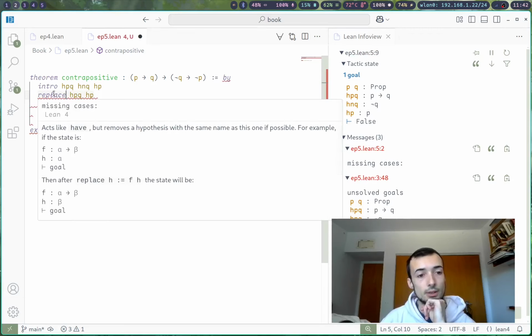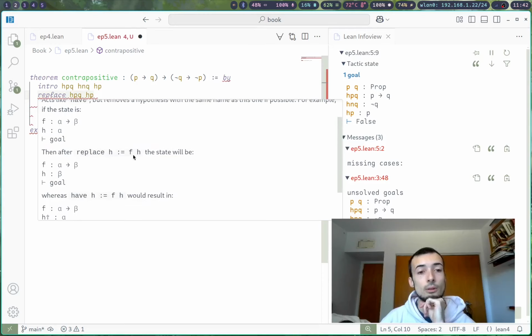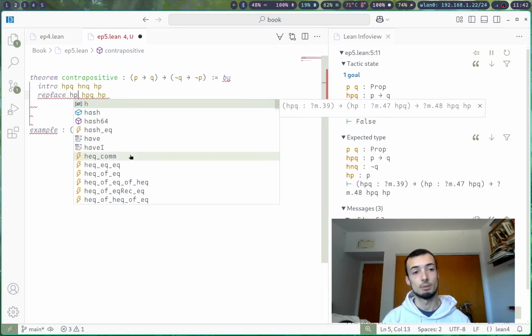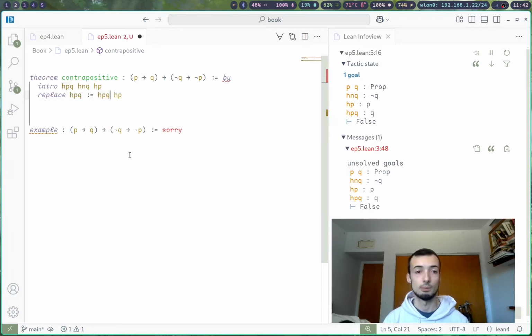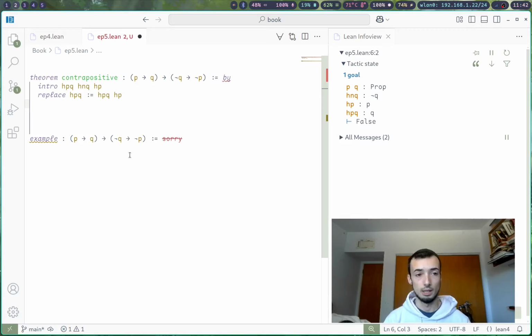Replace is going to try to take a hypothesis and update it with some new information, basically, according to what you give it. So we're going to say replace HPQ with the results of HPQ to HP. But that gets us closer to the goal, but this isn't really the right tactic to use, right? Because clearly HPQ